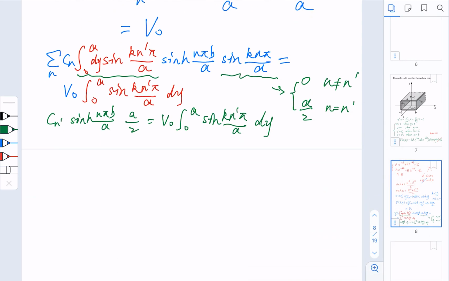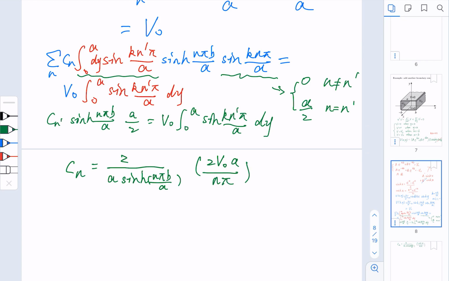We've evaluated the integral on the right before, and let's say Cn should be 2 over a sinh n pi b over a, and the integral on the right should be 2 v naught a divided by n pi,